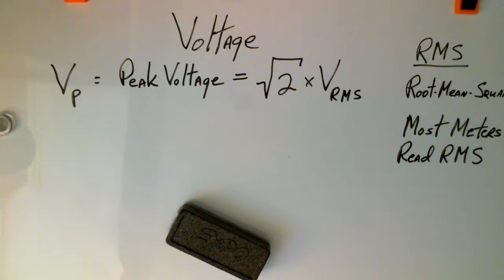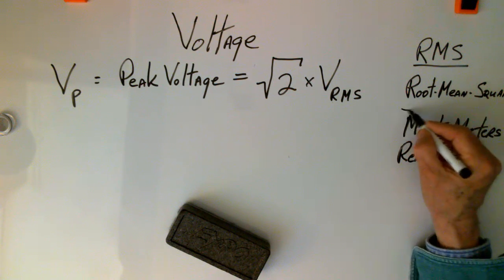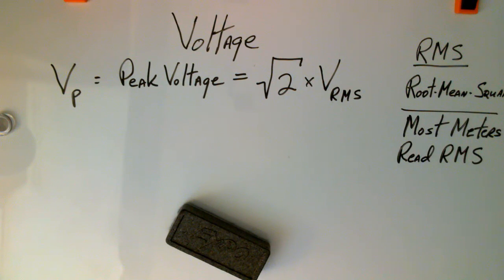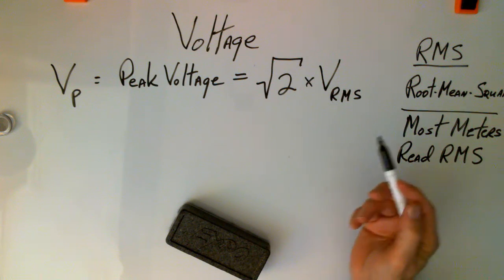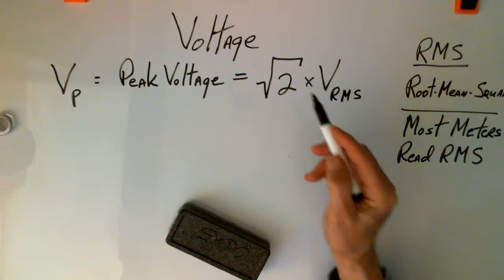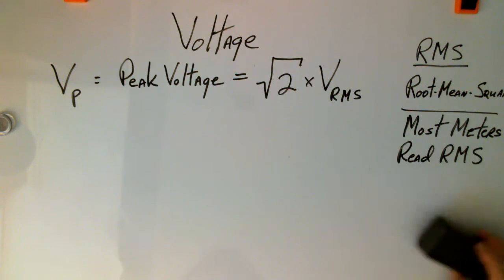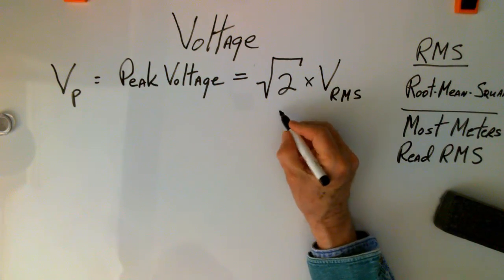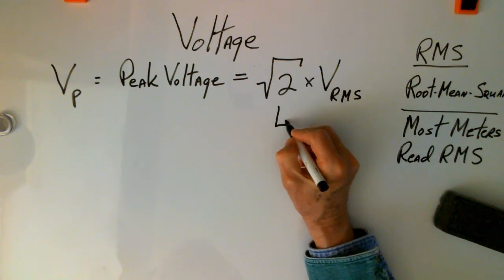Okay, so peak value is equal to the RMS multiplied by the square root of 2. Square root of 2 is 1.414. Okay, now then,